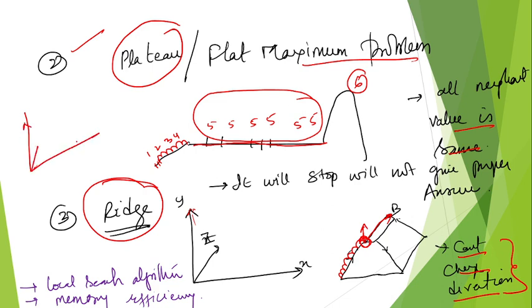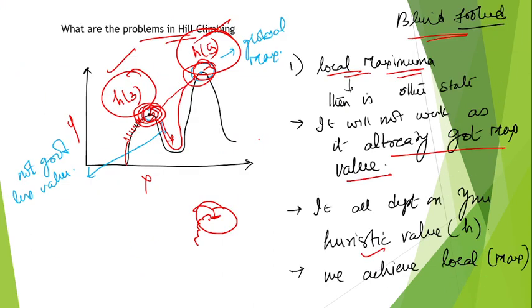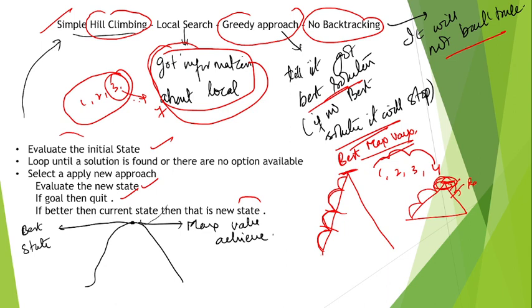We are going along x and y. We find a higher heuristic value on z, which means it cannot change. Plateaus means we are getting the same heuristic value a few times, like 5, 5, 5. And the other one is that once you find a local maximum, you cannot go to the global maxima. There are three problems. Hill climbing is just a greedy approach. It will move steadily to some point and find the best solution for you. If there is one more best solution, it will not tell you, and there is no backtracking.